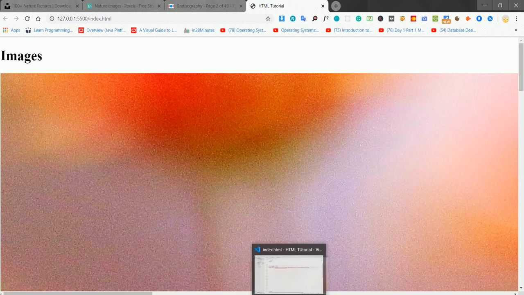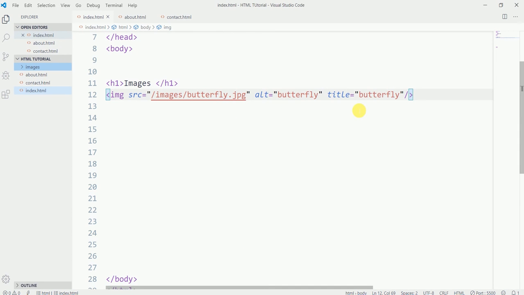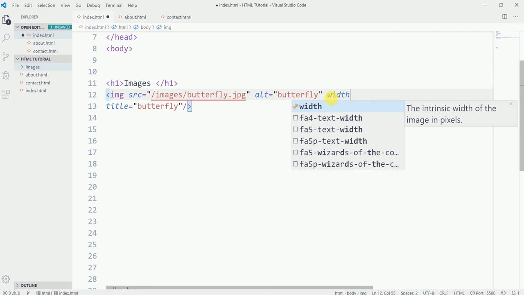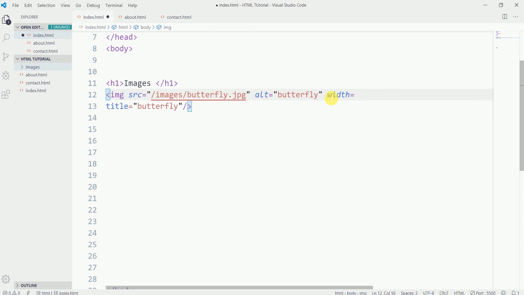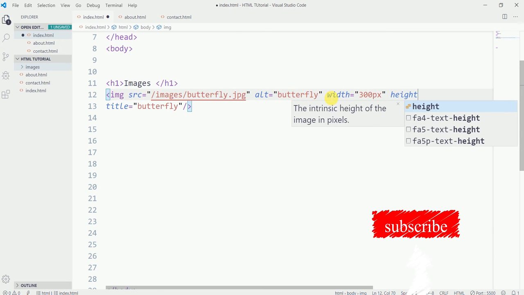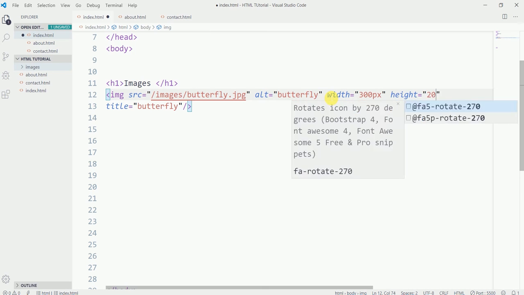So let's go back to the browser, editor. And here I'm just bringing it down for the screen visibility purpose. Otherwise you can go with one line. What I'm going to do here, I'm going to set the height and width of the image. So how I'm going to set the height and width of the image? Here we have a width, and I want to have this image 300 pixels, and the height of the image would be 200 pixels. Okay,